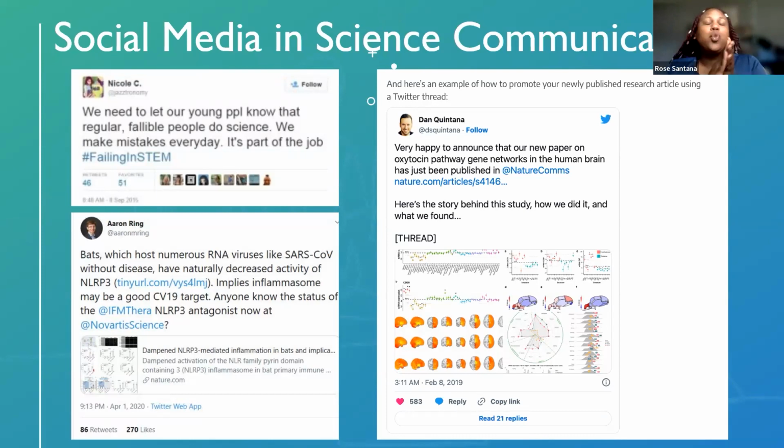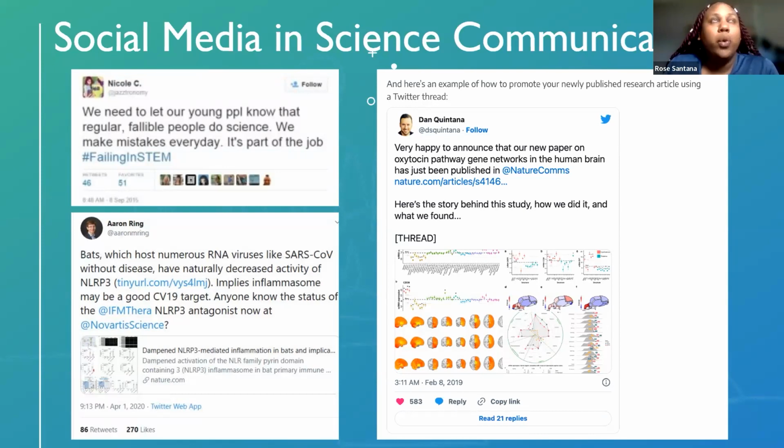Currently it's estimated that around 68%, at least in 2018 when they did a study, of Americans get their news from social media. 47% of scientists connected with the American Association for the Advancement of Science, or AAAS, use social media to follow new discoveries and discuss science. And 77% of scientists participated in some type of social media, with 85% seeing social media affecting their decision-making or their thought processes.